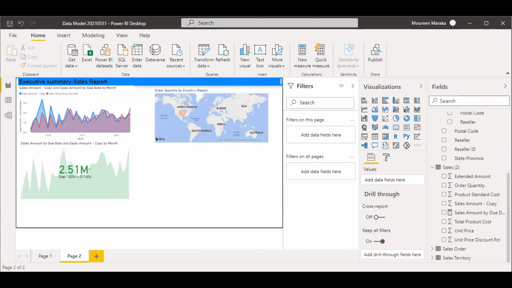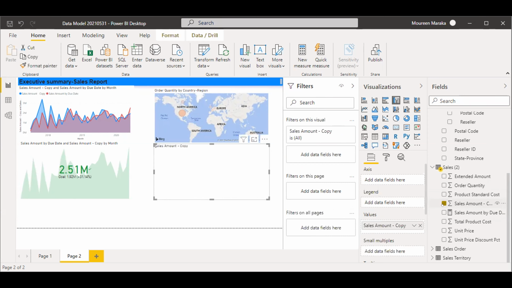Great. Now, the next thing we want to do is to take our sales amount by product category and reseller business type. And this chart, we are creating it to investigate which products are sold by what type of reseller businesses. Now, just below the map, just click on the canvas, select a blank area, then select sales amount. Ours is sales amount, copy, yes. Sales amount,